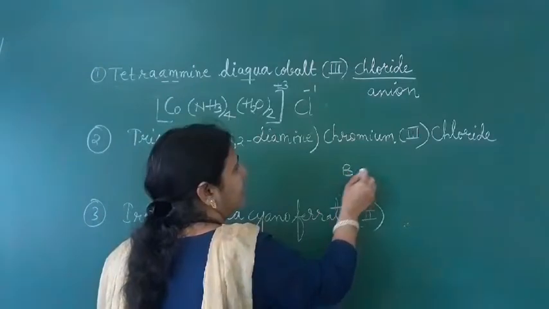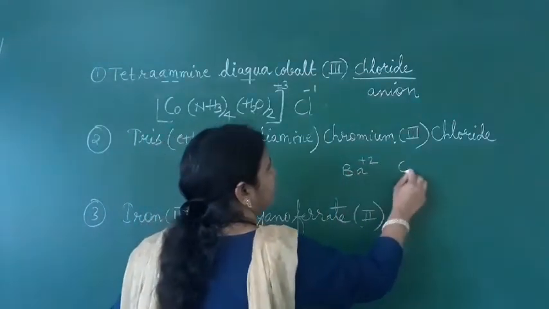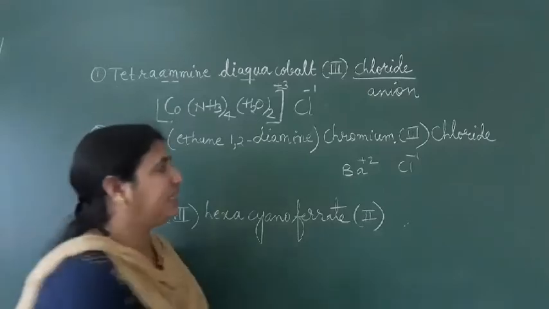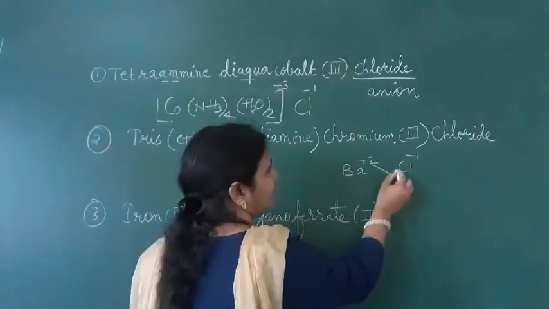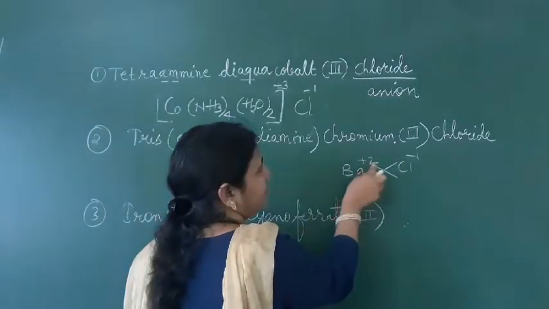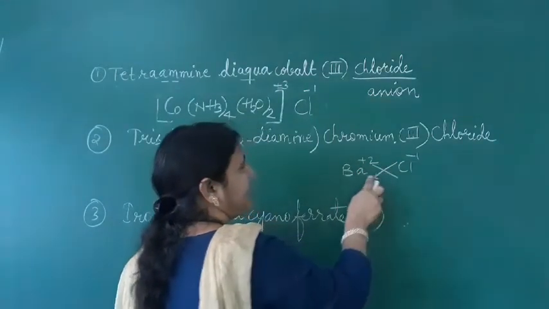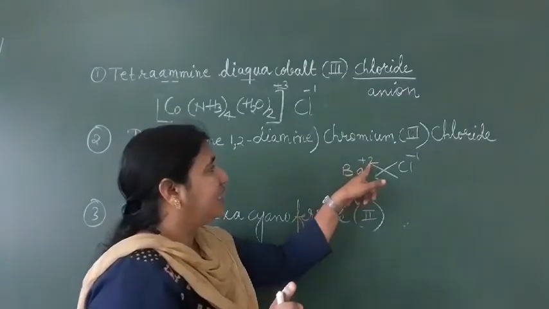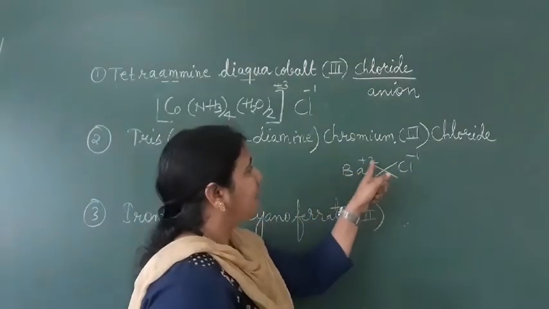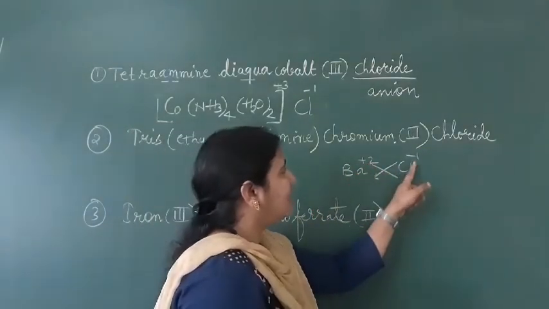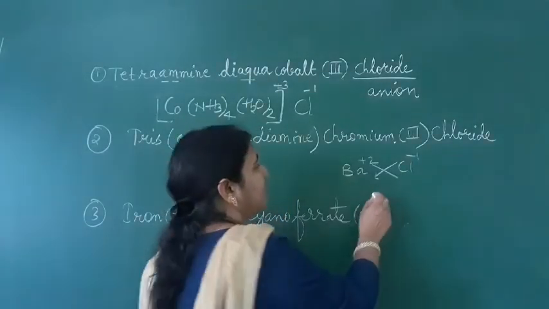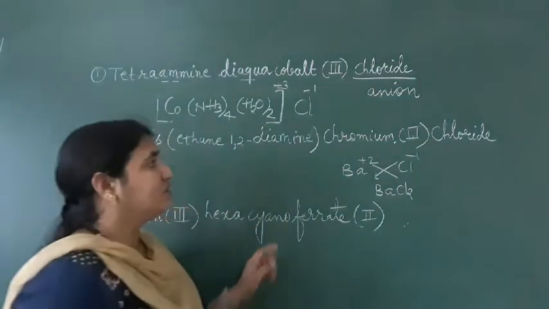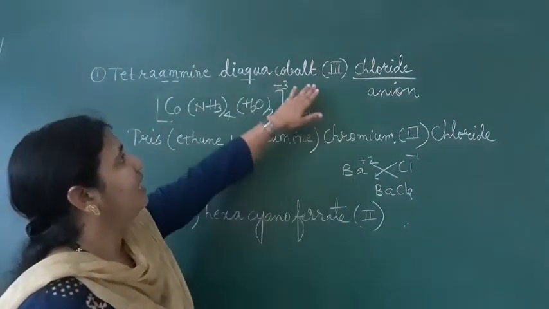Suppose we have here Ba+2 and here we have Cl-1. We want to write the salt name. How we will write it? We will just crisscross this one. This 2 we will write here and 1 we will write here. Don't see the charges plus and -1, just the number. Here 2 we have, here 1 we have. So this 2 will go with this Cl and 1 it will go with this Ba. So what the name is? BaCl2.